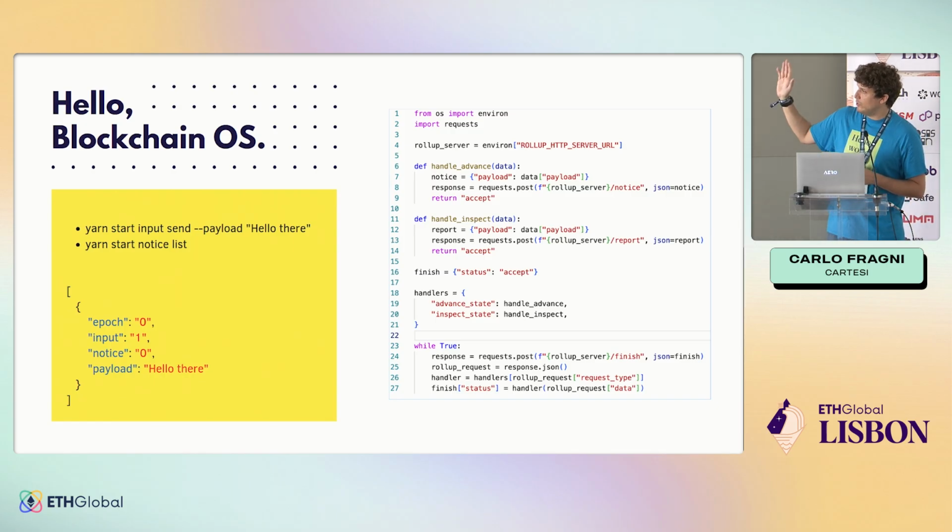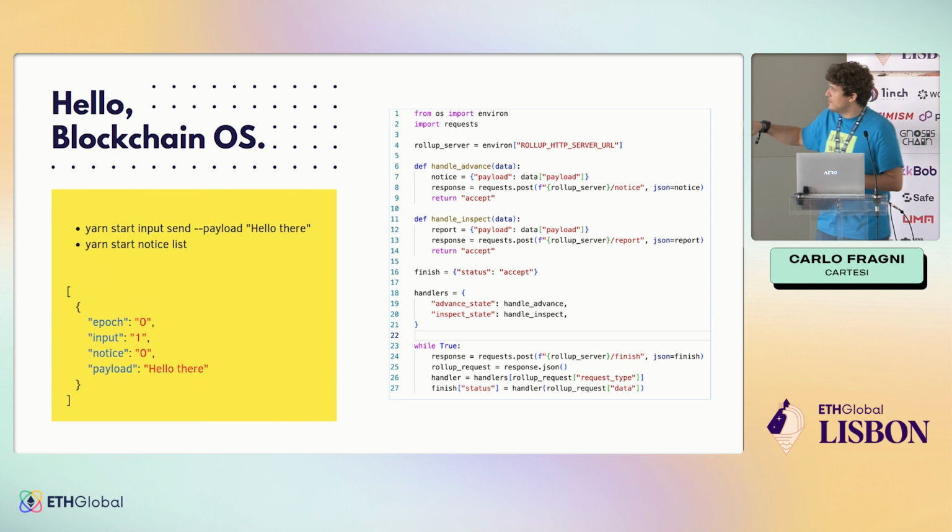Now on the left side, we're using a really simple front-end application we built in TypeScript that implements those three interfaces of the other slide. So if you call this command yarn start input send --payload, whatever you put in there, and in this case hello there, it's the binary payload that's going to go on this add input framework, and it's going to be piped into the Cartesi machine. So that hello there, it's arriving in here,